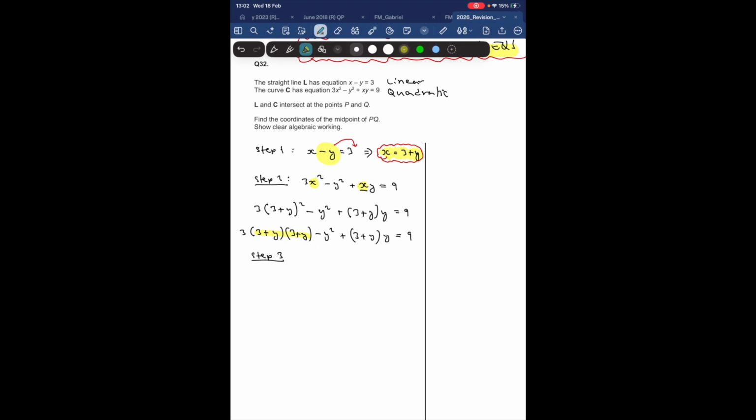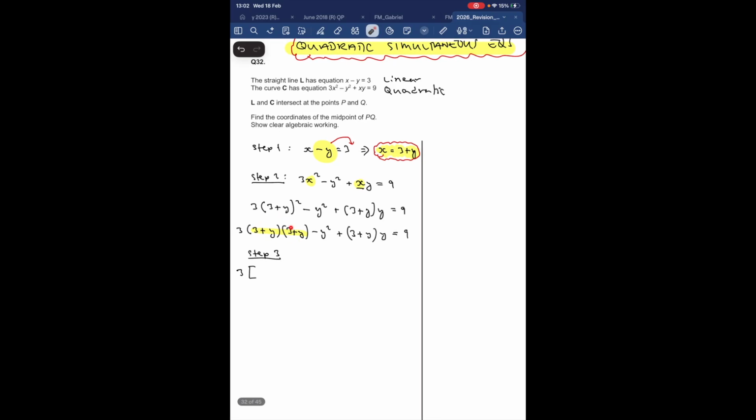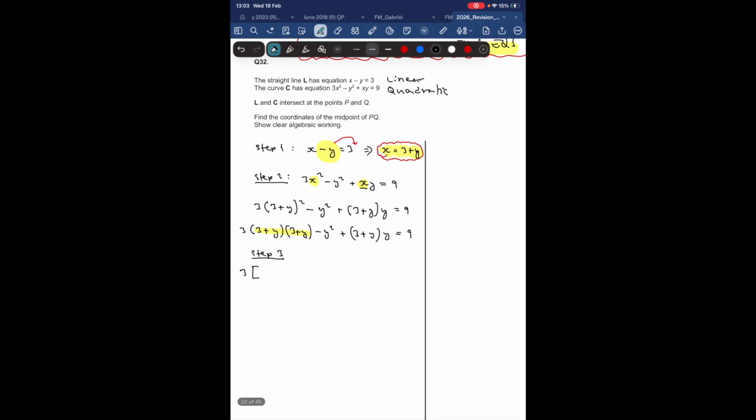So we're going to get 3, and then if I multiply out this double bracket, 3 times 3 is 9, 3 times y is 3y, y times 3 is 3y, and then y times y is y squared. I'm not going to show all the steps, I'm just going to write it down. So 3 times 3 was the 9, plus the 3y plus the 3y plus the y squared